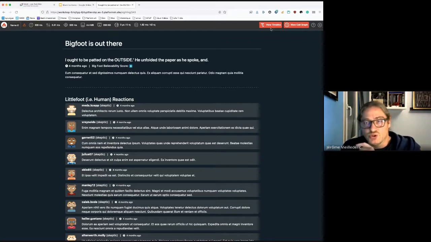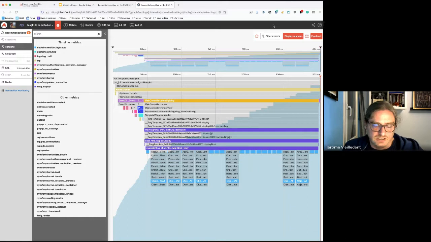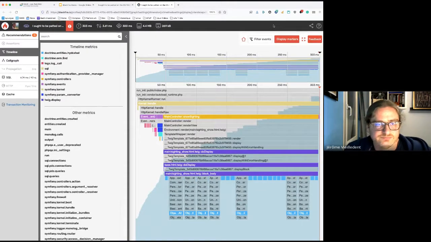We also have two different views of this profile, a timeline and a call graph. I'll start with the timeline. Probably zooming in. So this is a timeline.